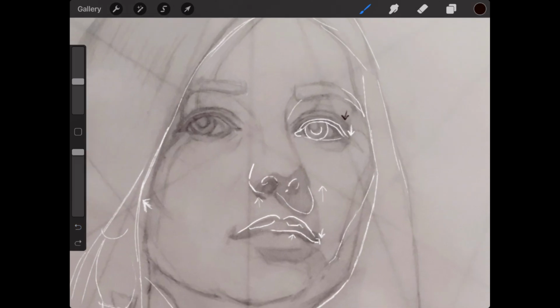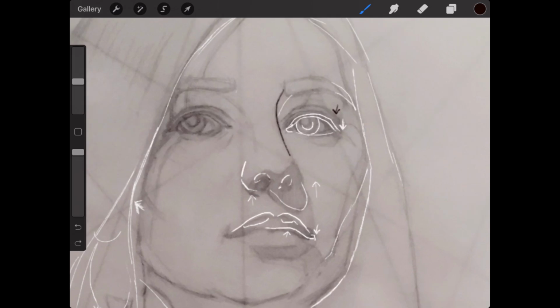Another thing is where is that shadow shape edge and where is that contour? This opens up a little bit more quickly right around the top of the lid, where the opening of the eyelid is. So just pay attention to where that starts to arc over to the eyebrow.